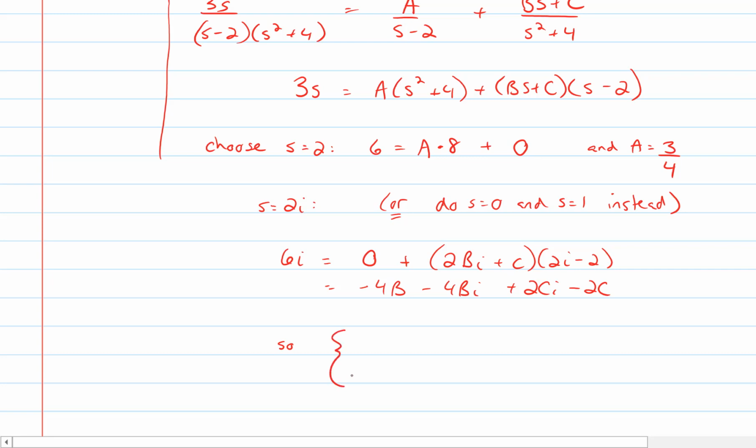And so you get a nice little system because the left-hand side is 0 plus 6i, and so your real terms are negative 4b and minus 2c. So you get that 0 is equal to minus 4b minus 2c. Then you also equate the imaginary terms: 6i is equal to minus 4bi plus 2ci,